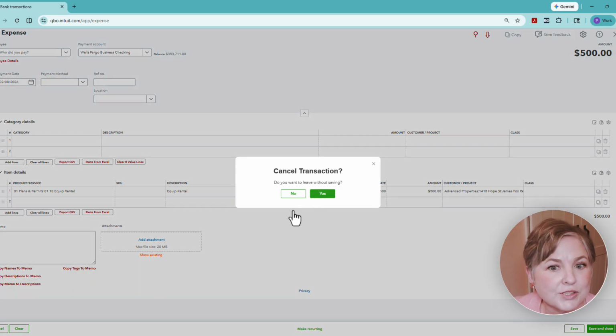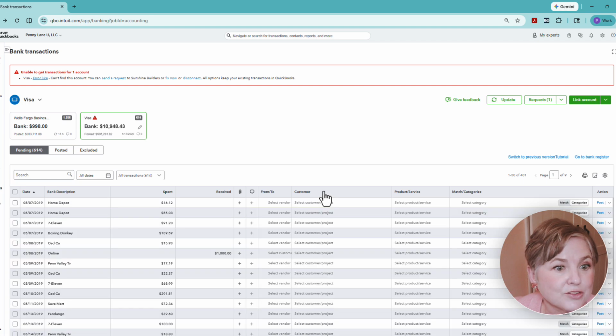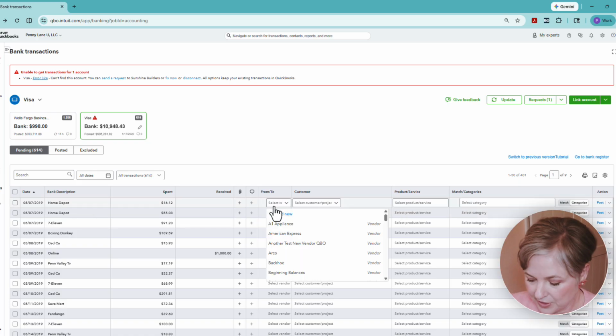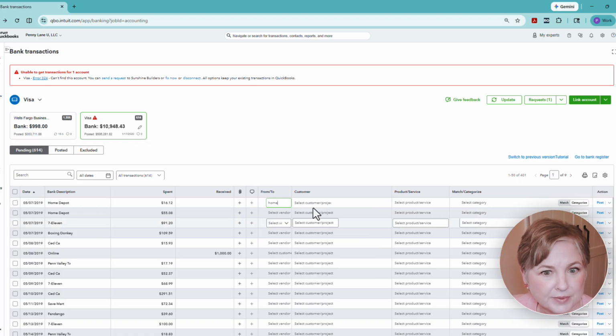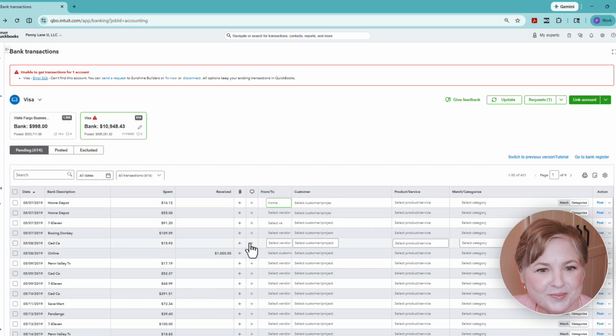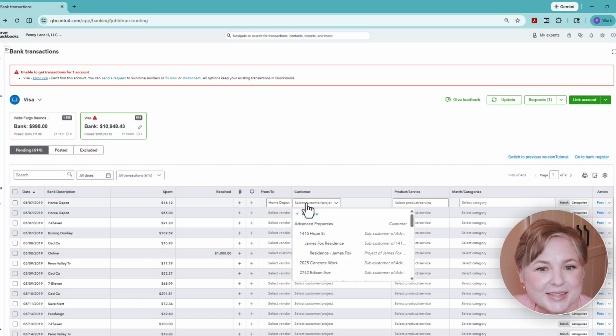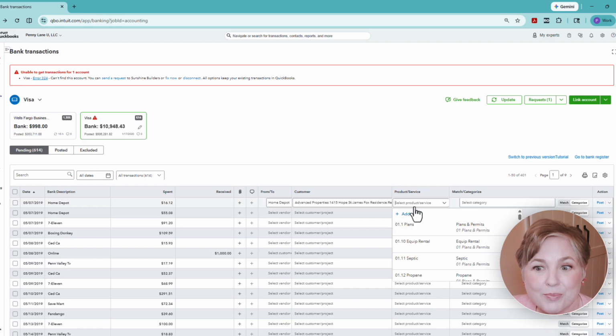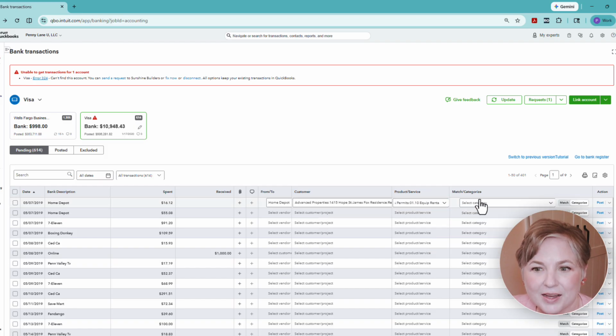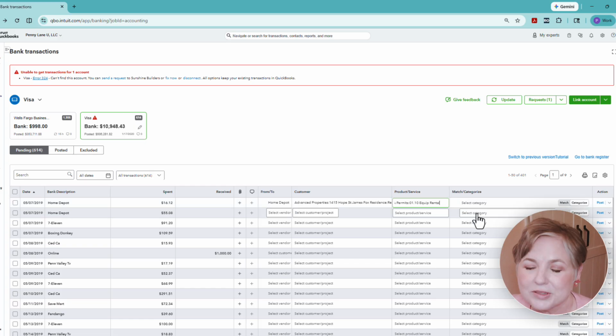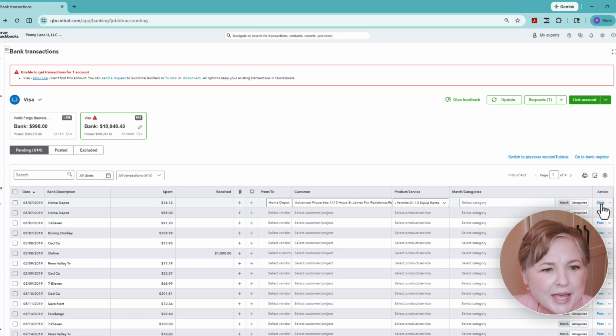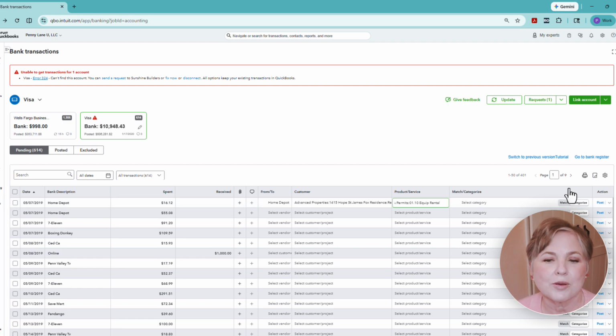We can actually also use the bank feed area to record our transactions. You'll notice that I have a Home Depot charge here. I can select the vendor, Home Depot, the customer job, the product or service item. I could choose a category, but I'm not choosing a category because again, this is a job related expense. And then click post. And now this transaction will show up in JobTread as well as a cost to that